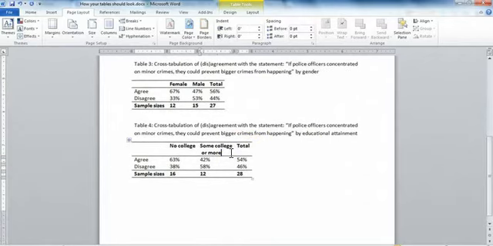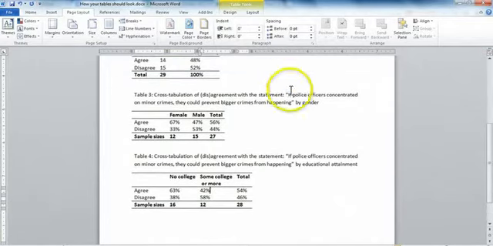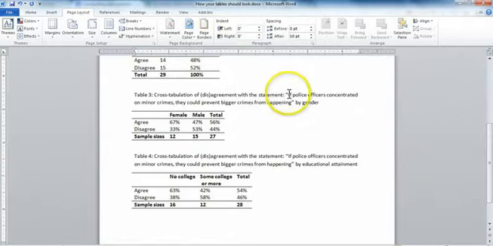And then in the final table, this is a cross-tab between the same opinion question, and this time by educational attainment. And we see that of the respondents with no college, 63% of them agreed that if police officers concentrated on minor crimes, they could prevent bigger crimes from happening. By contrast, only 42% of people with some college education or more said they agreed with that statement. So again, it seems like there's an association between education and opinions about this issue, that people without college are more likely to agree, because the difference between these two percentages is greater than 10%. So what a crosstab does is it gives you a sense of whether there's an association between two variables, in this case between your key opinion question and